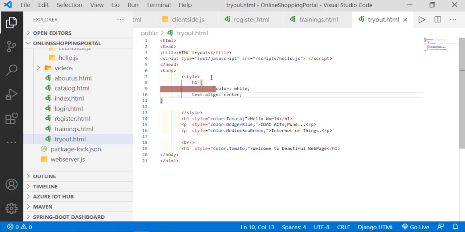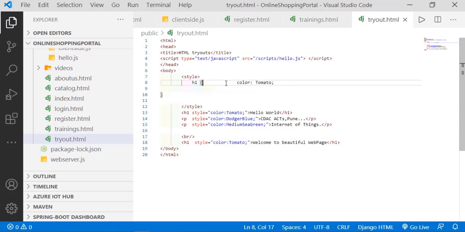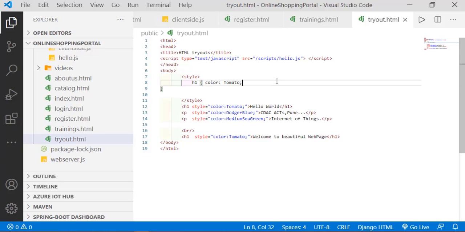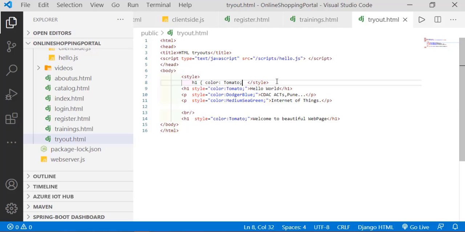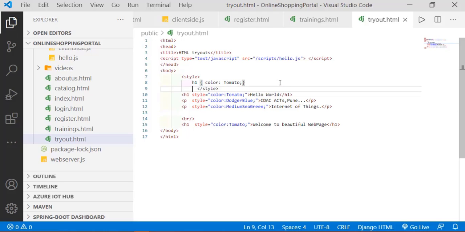That color will be tomato. So I'm going to set here: H1, color attribute will be tomato. Curly bracket complete. So a cascading style sheet is always written this way, and that is kept under what? Style.